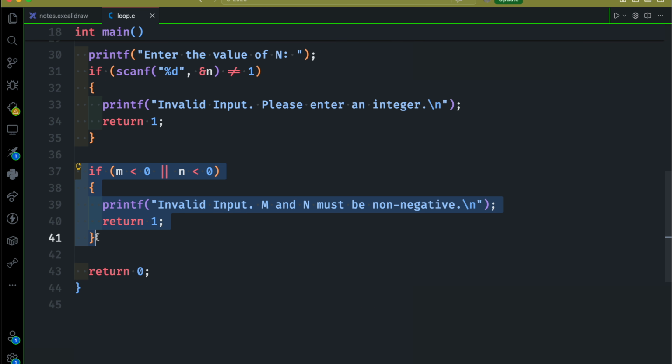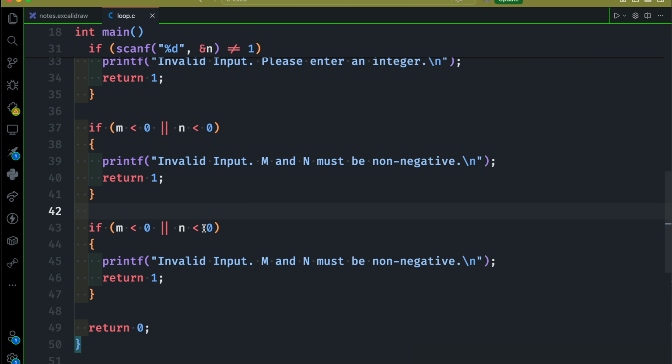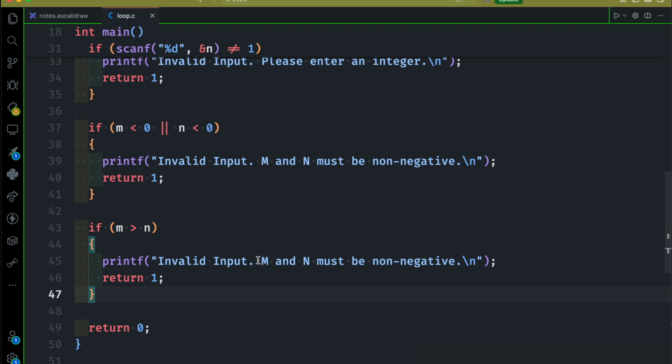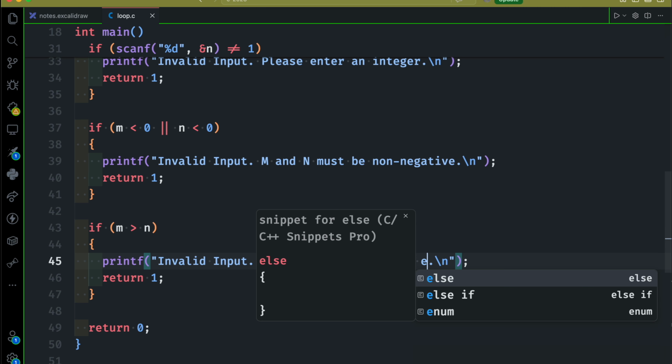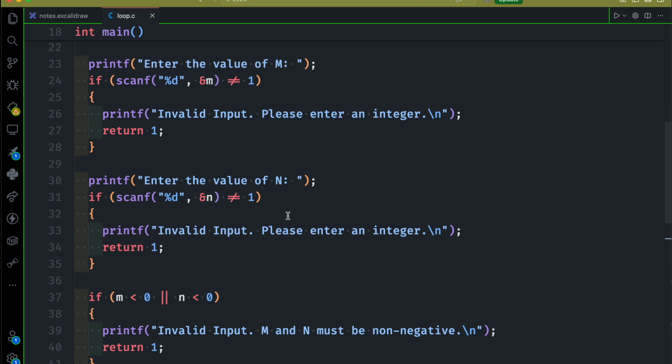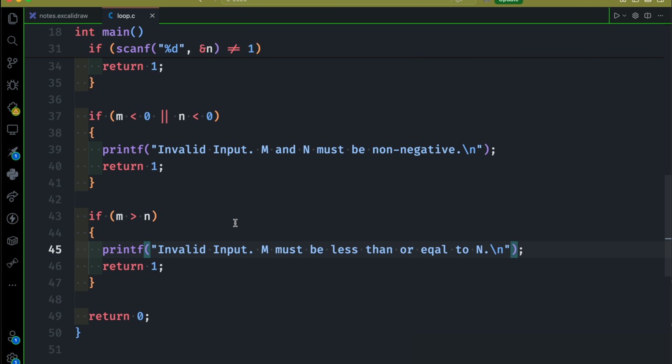I'm going to copy and paste this one, and this time we're going to say if m is greater than n, if the initial value, the starting value, is greater than the last value. In this case we need to say invalid input, m must be less than or equal to n. So now that we have already dealt with the conditions that we need for validation, now we can move to